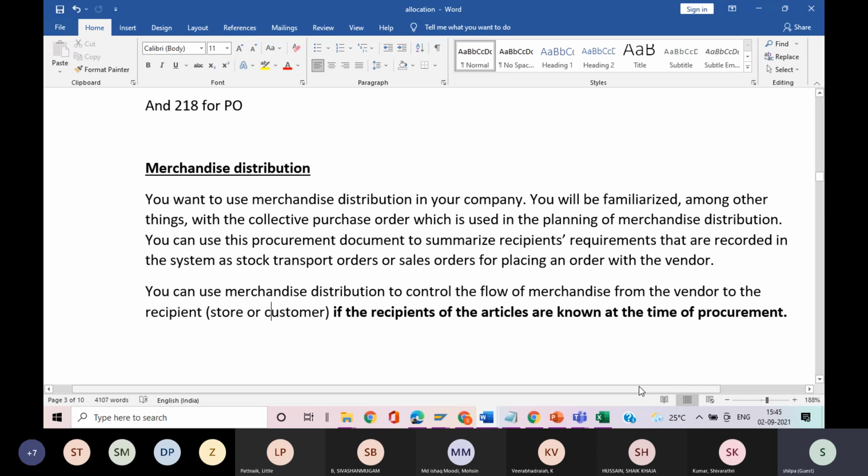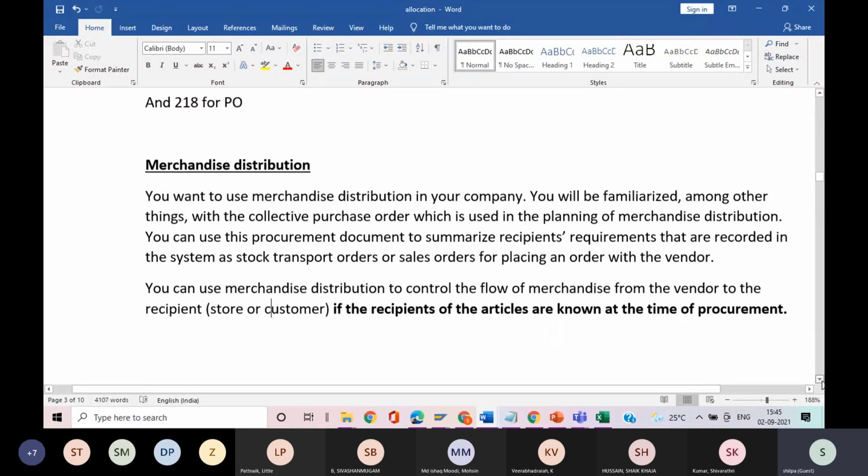So that's actually what we see in what a CPO is. That's what it says here. Then you can use merchandise distribution to control the flow of merchandise from vendor to the recipient. It means you get the stock from the vendor to the distribution center, and you can use this distribution methodology to decide how you want to send the stock from the DC to stores. Suppose the recipients of the articles are known at the time of procurement,